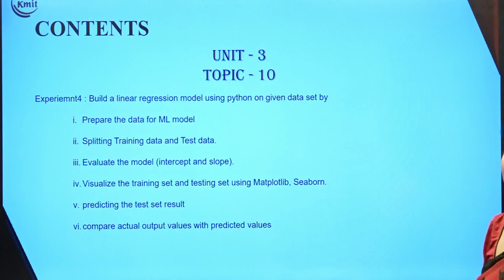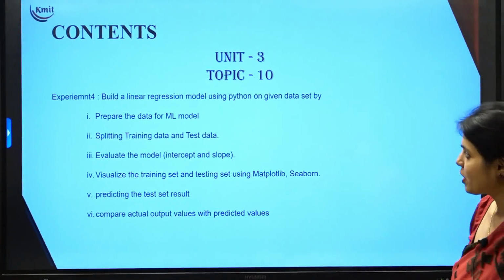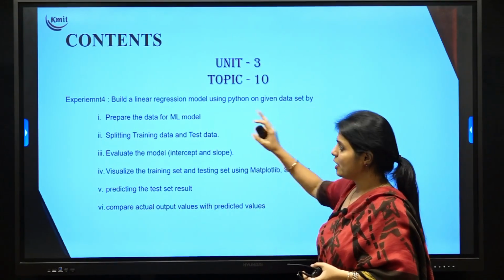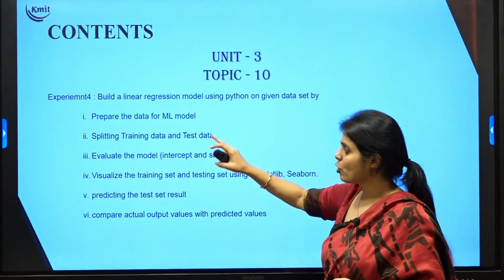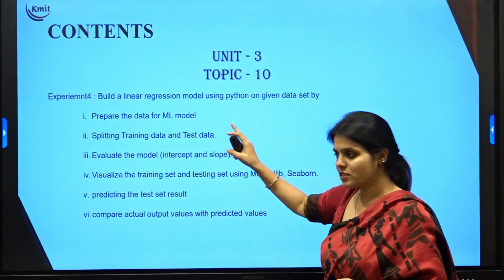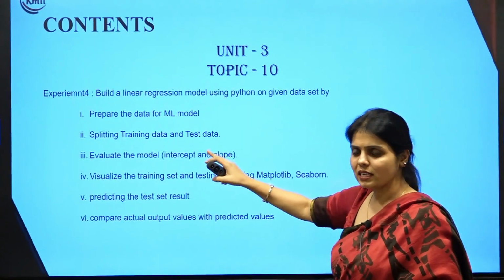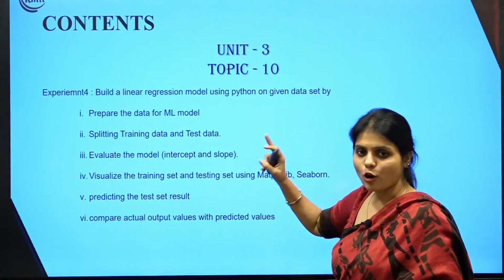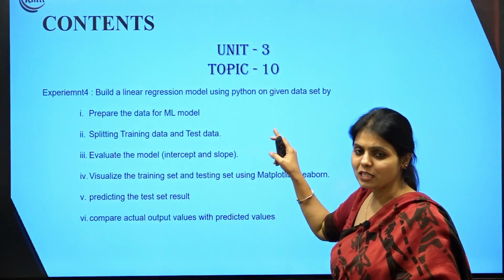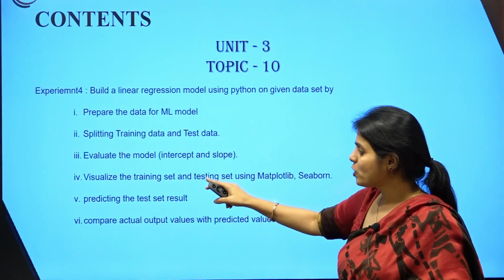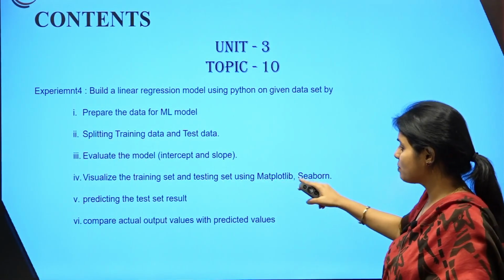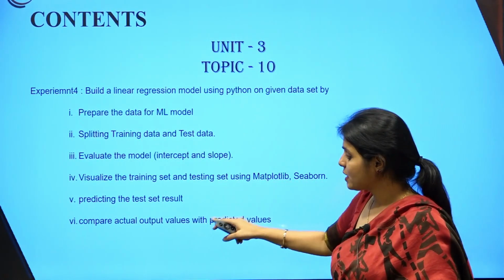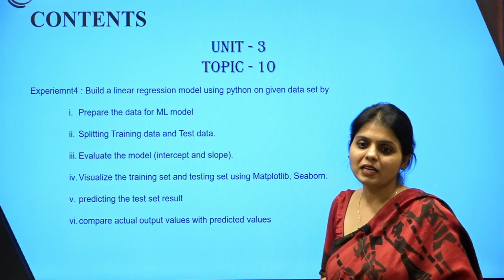Okay, so this is experiment 4 as per your syllabus, wherein we build a linear regression model using Python on the given data set. We have to prepare the data for the machine learning model, split the data into train and test, and evaluate the model. When you talk about linear regression, we have to calculate the intercept and slope for obtaining the linear regression line y = mx + c, and then visualize the training data and test data using matplotlib and seaborn, predict the test result,